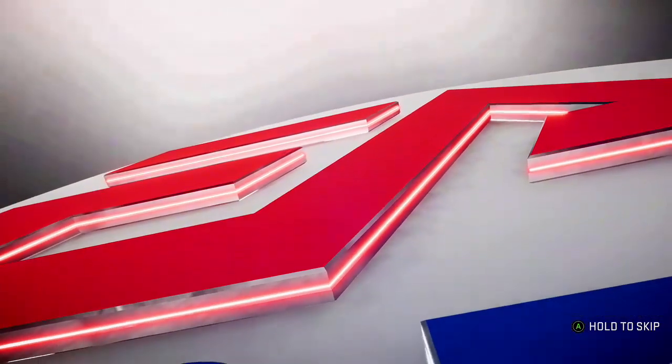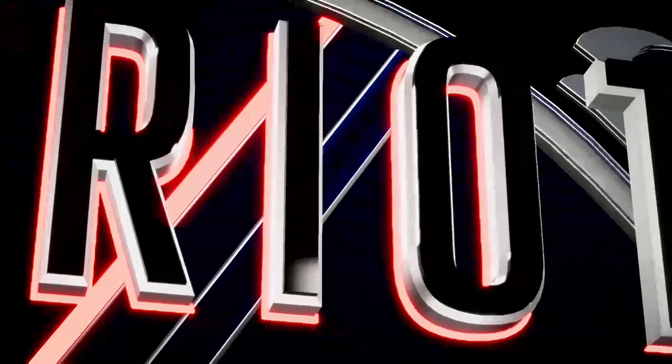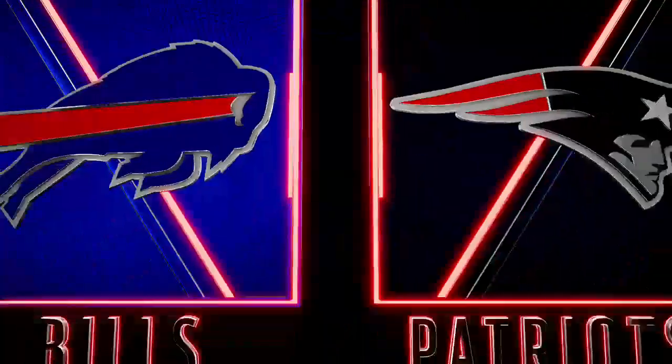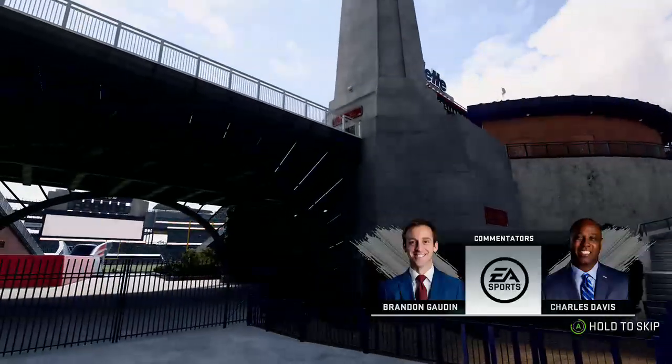A battle for division supremacy. It's the coach. This is the 2019 season on EA Sports. Coming up, we've got 1 versus 2 in the AFC East, as it'll be the Buffalo Bills taking on the New England Patriots. I'll be back with you again with scores around the league at halftime. But kickoff right around the corner. And standing by...